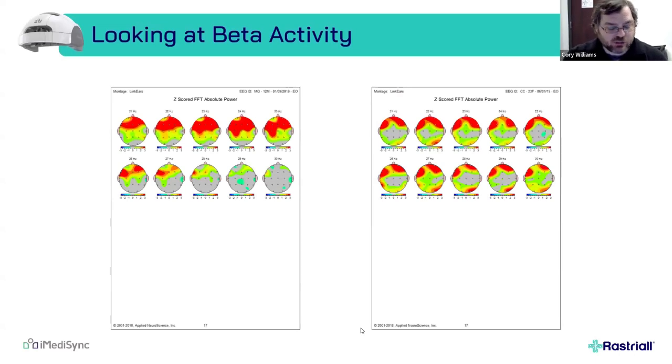And then these are 2-dimensional maps here, and I'm skipping ahead a little bit because I wanted to show you what we see is a high beta, right? This is 21 hertz to 25. This is 26 to 30. And 2 different people, 2 different clients, the maps look similar, right? These look like fast brains. 21 to 30 hertz is a fast frequency. This is a high level of activation. Okay, so they almost look identical, lots of fast stuff.